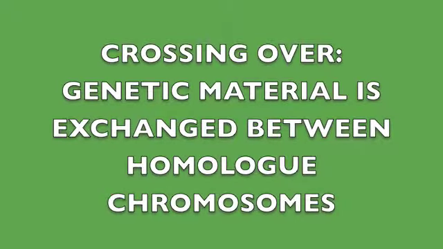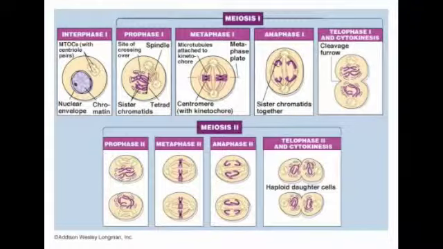A special enzyme unwinds the chromatids and reveals DNA strands. Genetic material is exchanged between homolog chromosomes. This creates new chromatids and variation in genes. The homologs pull away from each other. This ends prophase 1. At the end of meiosis 1, there should be two haploid cells with chromosomes with two